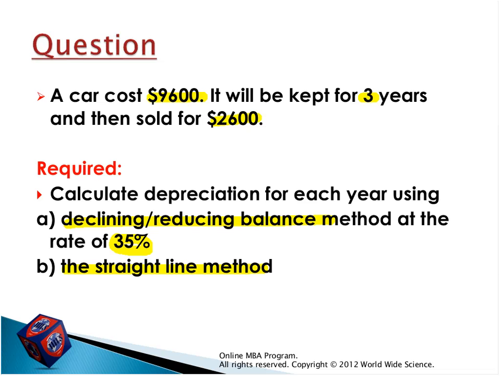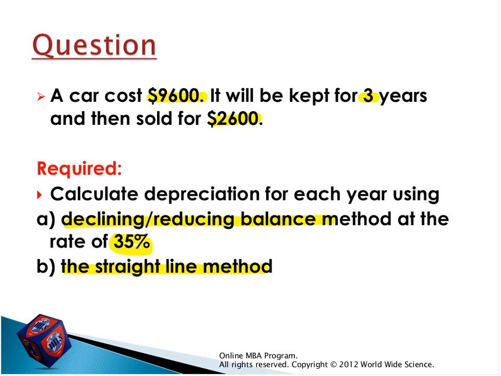For the first year, the book value is equal to 6,240, right? The depreciation expense is 3,360, right? Just take 9,600 and multiply by the 35%. Then what about the